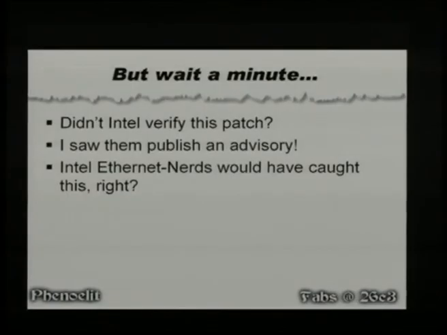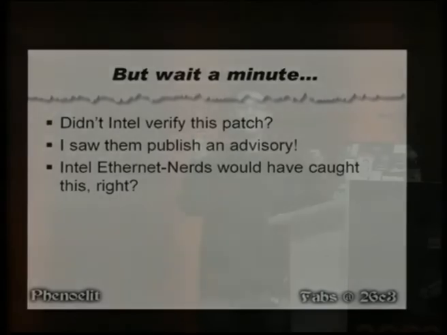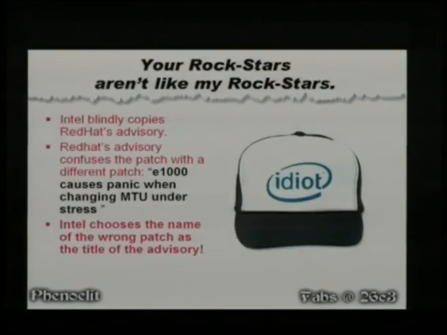So Intel actually published an advisory on this, right? So you would have thought, hey, you guys have the documentation. You guys have the Ethernet nerds that made the driver, that made the card. Okay, so why did you not catch this? Epic fail again. What they did was they blindly copied Red Hat's